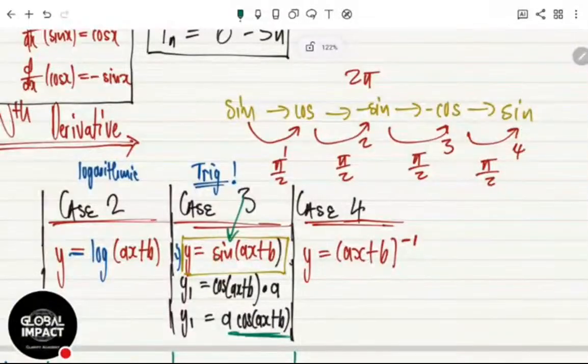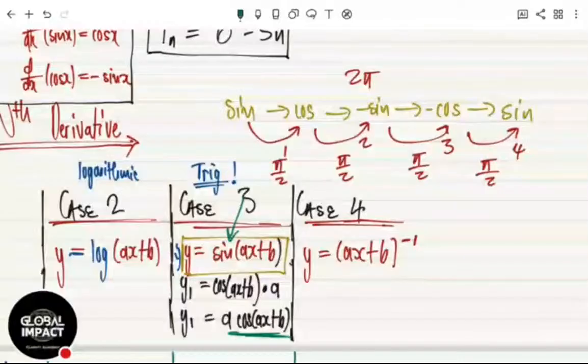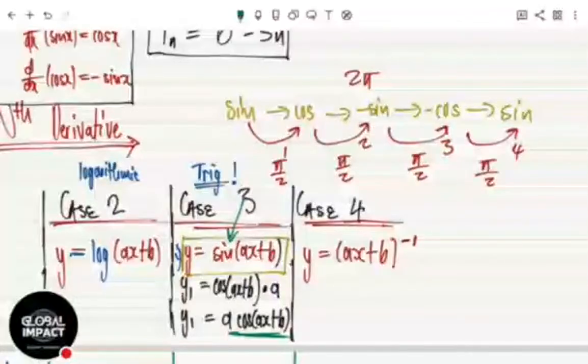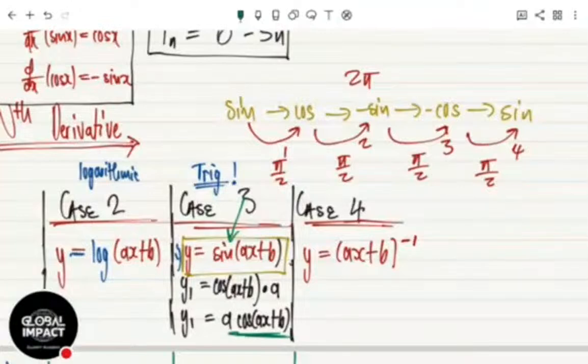But remember to include the phase difference to show that every time you differentiate, it will actually change by pi over 2. In other words, if it was sine, it will become cos. If it was cos, then the next stage it will become negative sine. Then from negative sine to negative cos. Then from negative cos back to sine. So here we are showing that. And how we are going to include it is we are going to put a pi over 2, because each derivative shifts it by pi over 2.